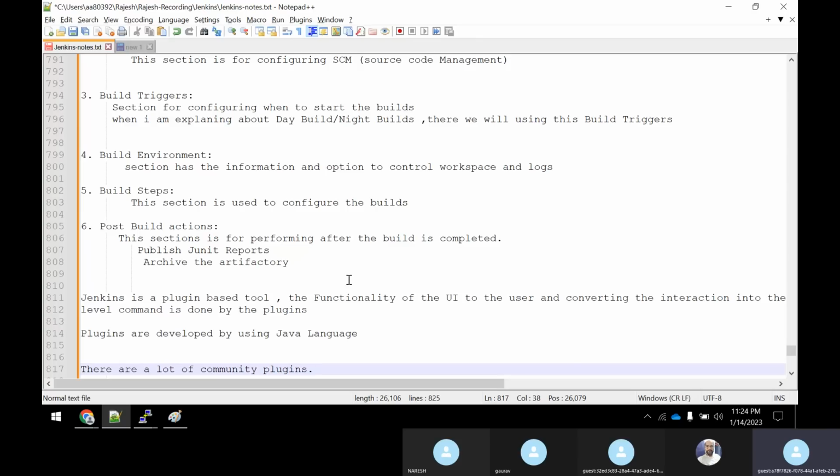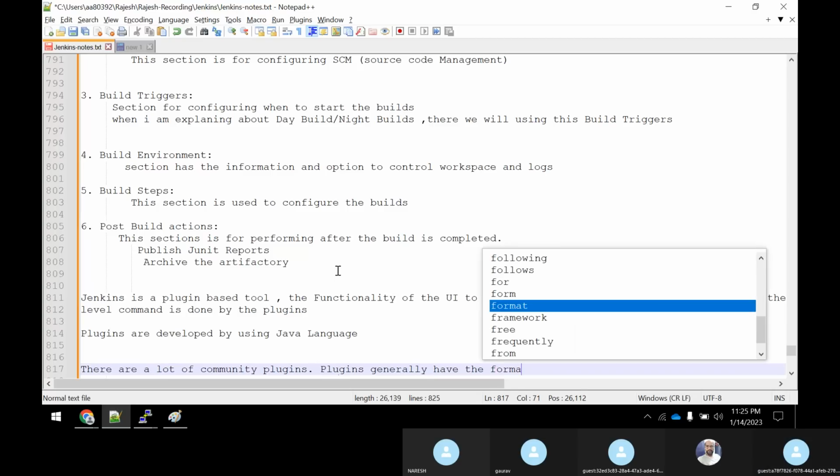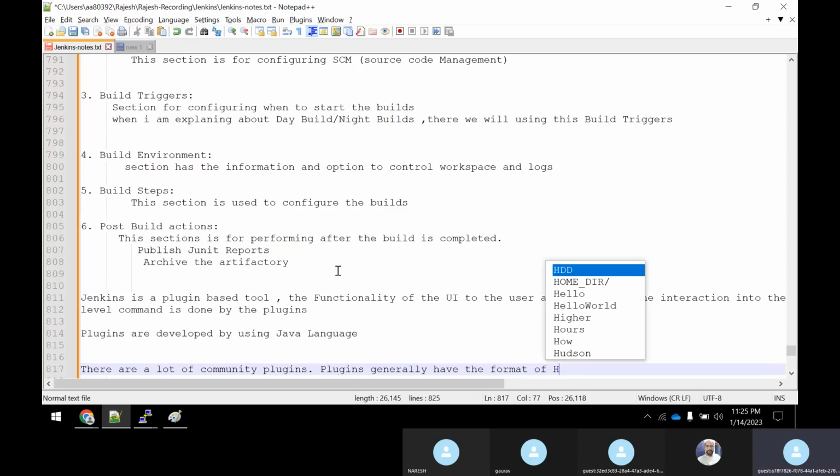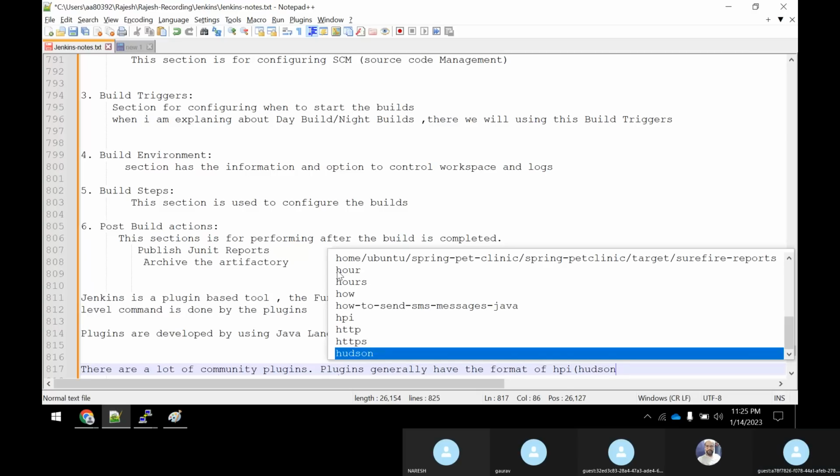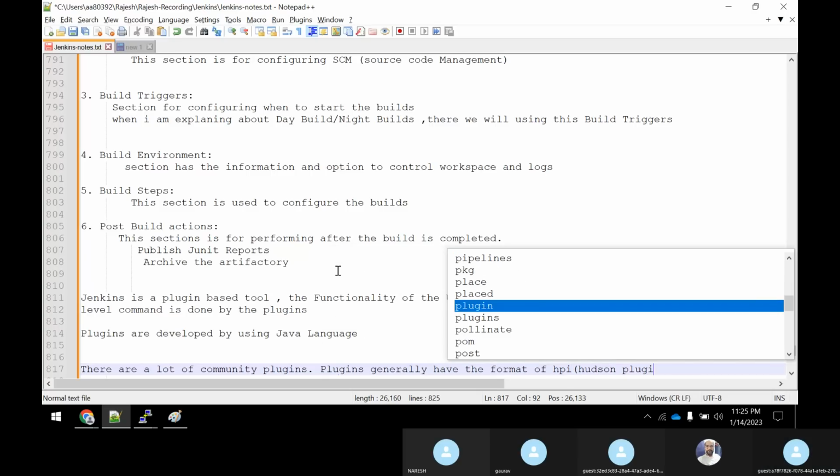Those are all community plugins actually. And plugins, usually, guys, generally have the format of HPI. We call it the Hudson plugin interface.